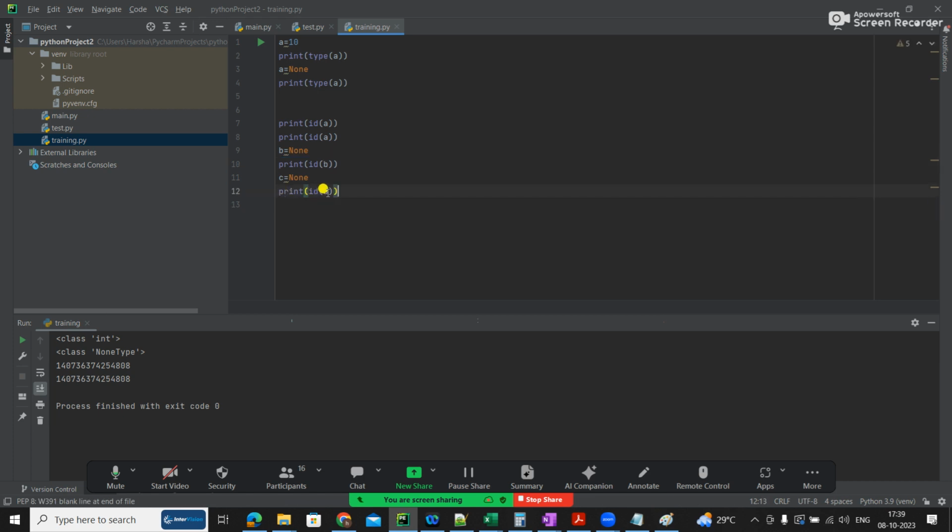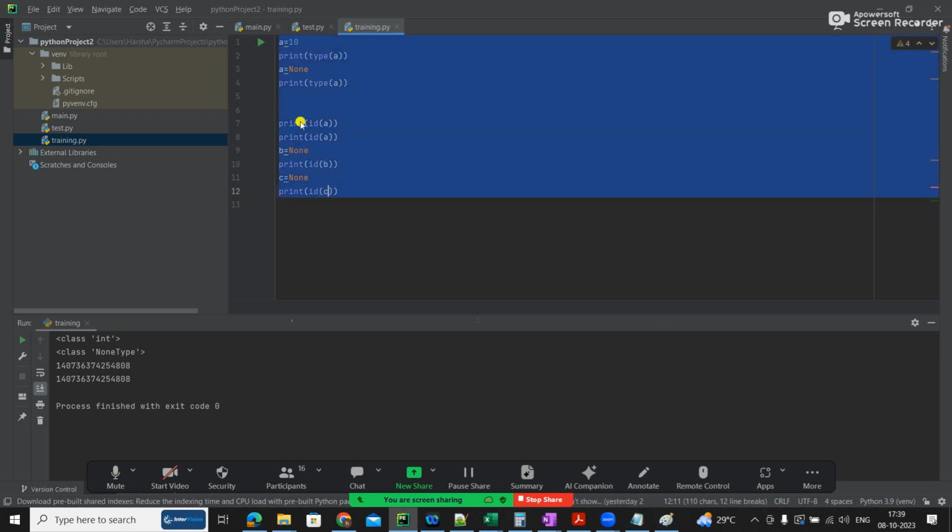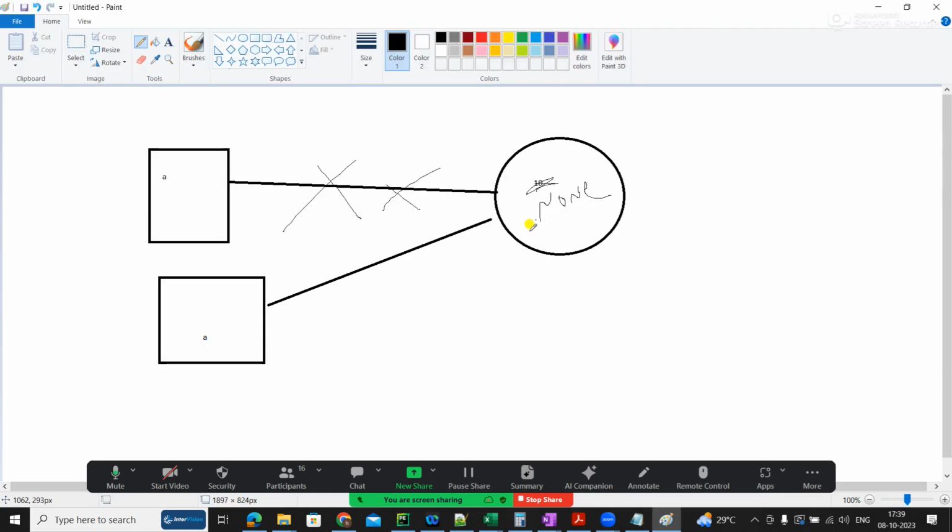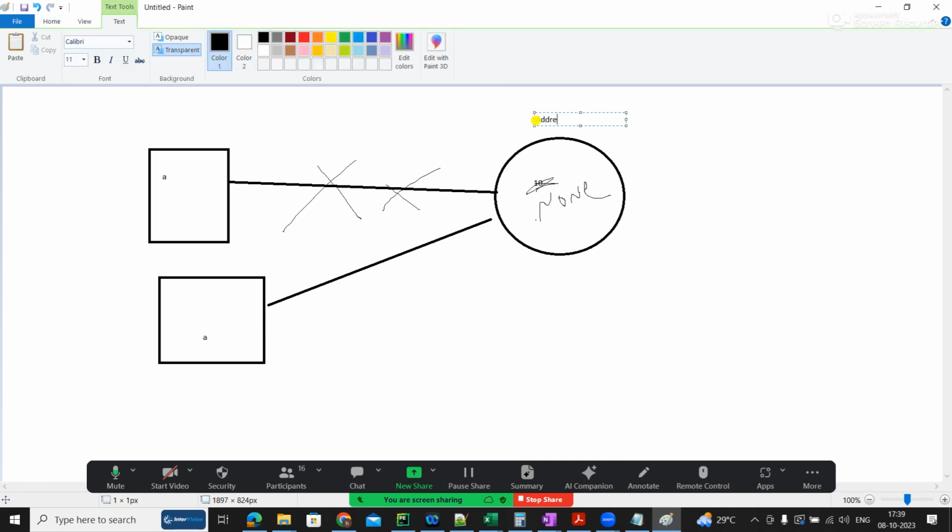Now I hope the address should be the same. Yeah, good. You may have thousands of None in your project, and all the Nones refer to the same object. That means None will have only one object created, at one address.